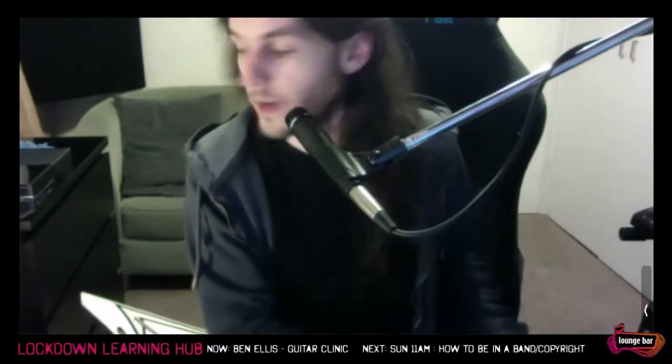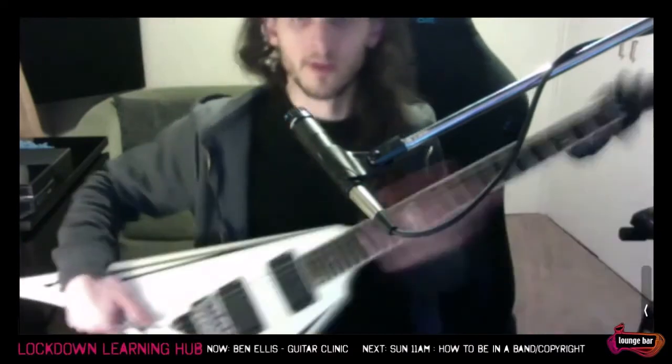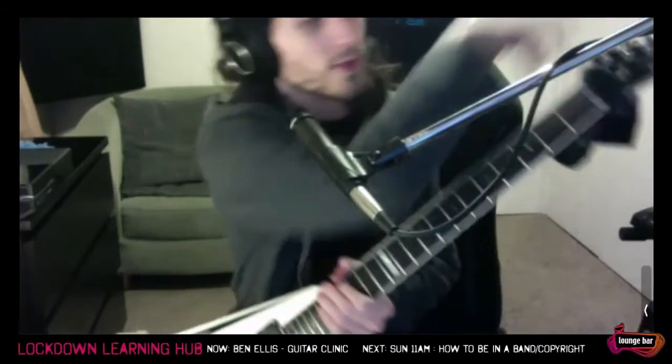So while I'm getting this guitar ready, the 6th string I was using just a moment ago, well, it's the same as on here. I have a sock tied around the end of the guitar, which if any of you are wondering what that stuff hanging off the end of his guitars is, it's like...